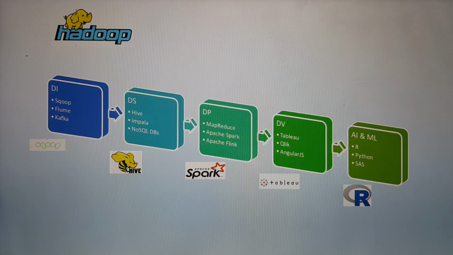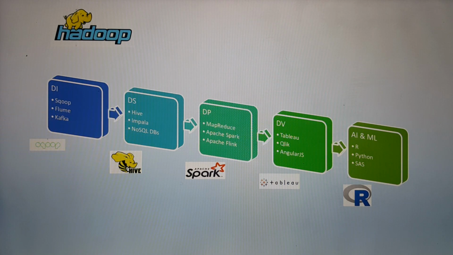Here, if you look at, I have further elaborated these steps into 5 major steps. The very first one is the data ingestion, or the DI. To become an expert in the field of DI, we should know Apache Scoop, Flume, and Kafka. Majorly, if you know Scoop, that is the bare minimum to become successful in DI field.